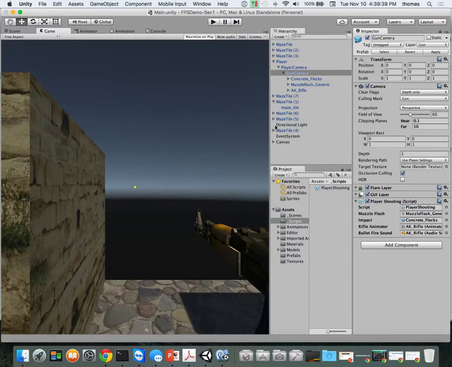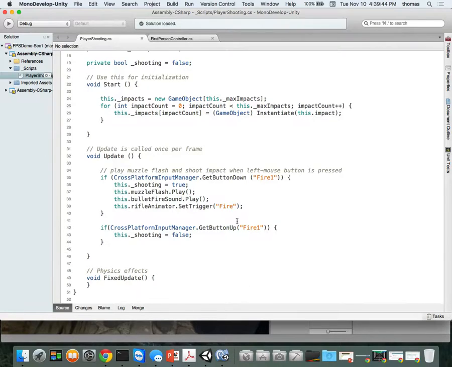That's one. The other thing is that I want to be able to make these impacts work. So that's what we're going to work on tonight. So let's take a look at how to do that. The first thing is we want to make sure that the only time we're going to get into